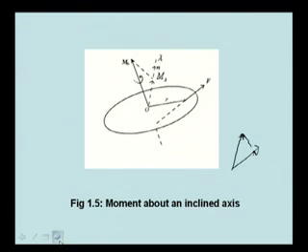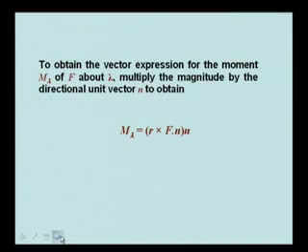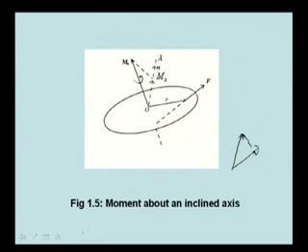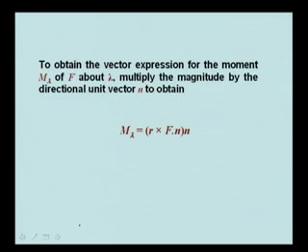Now, if n is a unit vector, to obtain the component of m0 in the direction of lambda, this scalar is the magnitude of the moment of F about lambda. Now, to obtain the vector expression for the moment M lambda about A, multiply the magnitude by the directional unit vector n to obtain M lambda